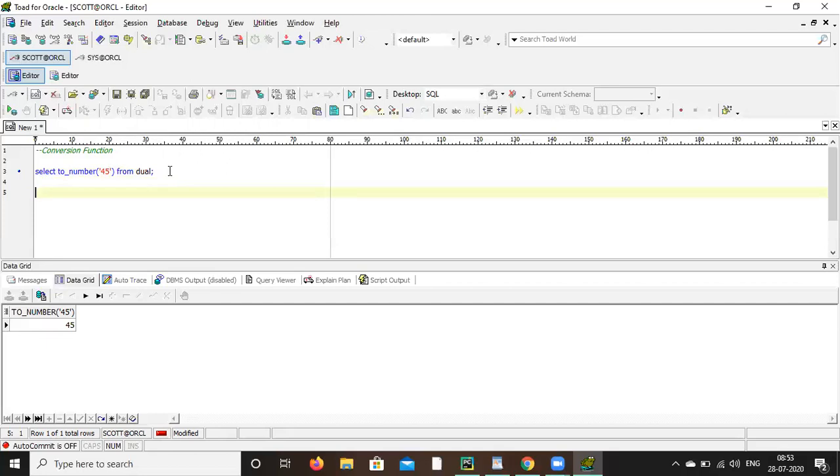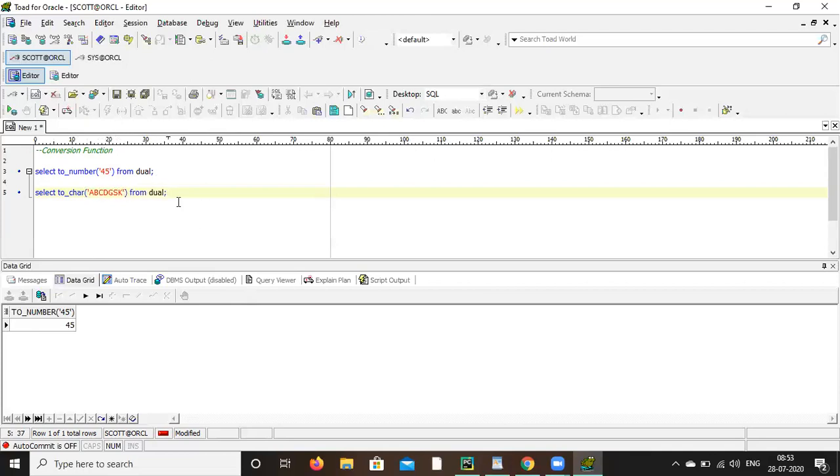Now TO_CHAR. Select TO_CHAR within bracket. Let's write ABC something.